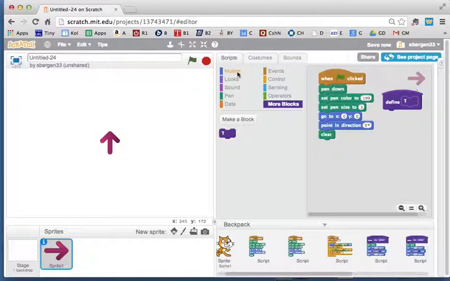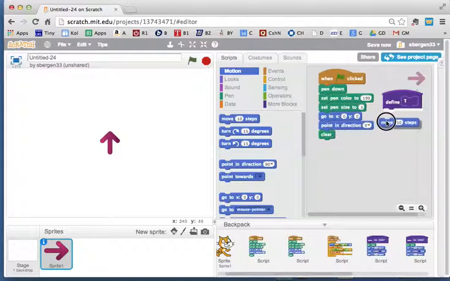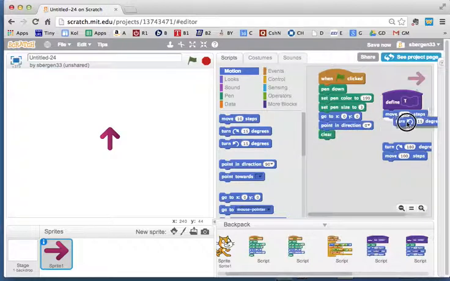So with those specifications, I'm going to move forward 100 steps, and then I'm going to have to turn around 180 degrees, and then I'm going to have to move back the same 100 steps, and whoops, I already have a bug. I move forward 100 steps, and then what I need to do is make a left turn of 90 degrees,